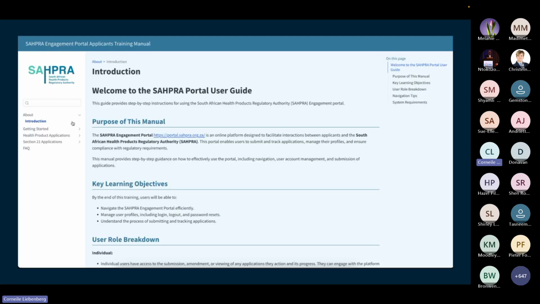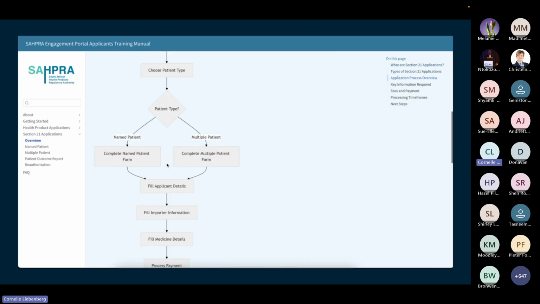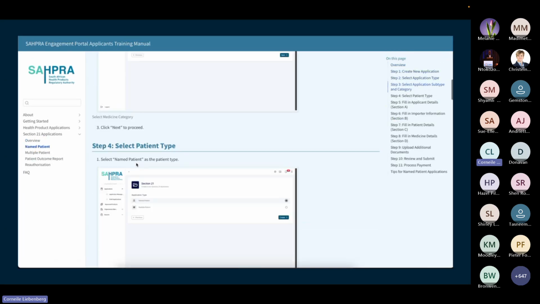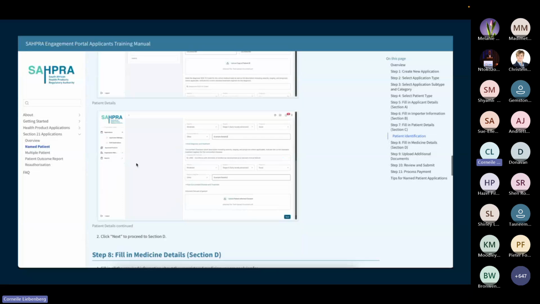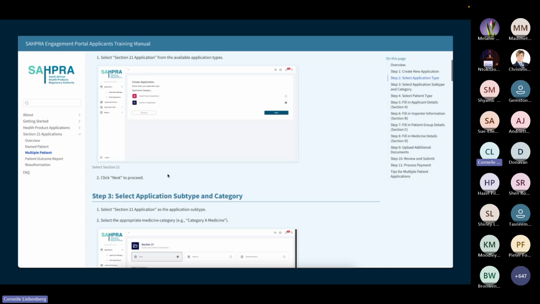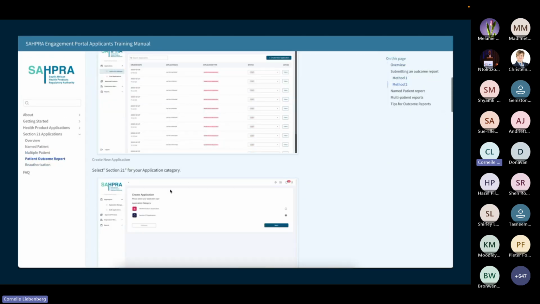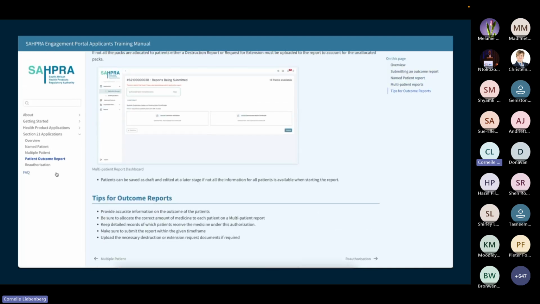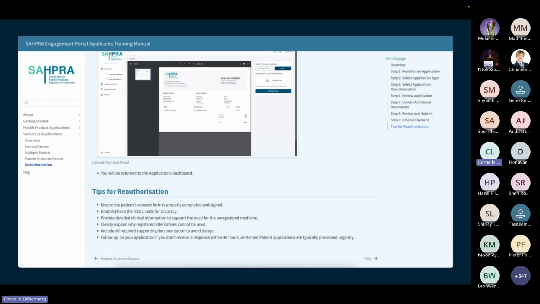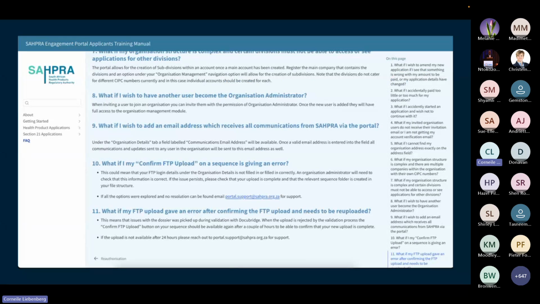If you would like to familiarize yourself, if there are applications that you potentially need to do in the next week or so, that's already available on portal.sahpra.org.za, where you can familiarize yourself with the process, anything that needs to be uploaded, or documentation requirements. There is a full quick run-through of all the information required for an application. There's also a section under Getting Started for the user registration. Once that goes live on Tuesday morning, have the necessary information at hand to ease the process.